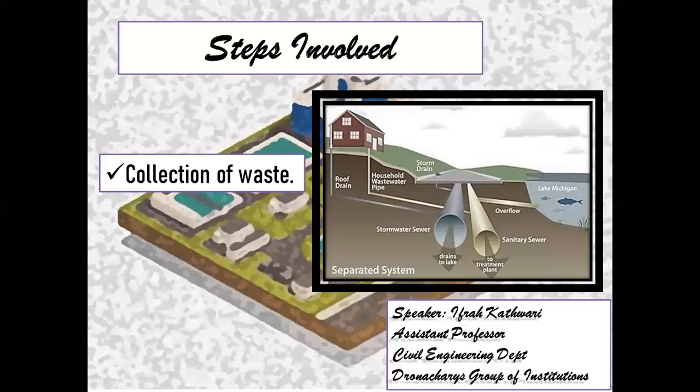As I told you in the previous lecture also, the wastewater from the buildings can be from anywhere. Whichever place it's coming from, it has to travel a lot of distance to move on to the wastewater treatment plant. So we have the underground pipes, the lifting pumps, pumping stations, and the treatment plants. The collection of waste is one of the important steps that we have in the treatment of wastewater.